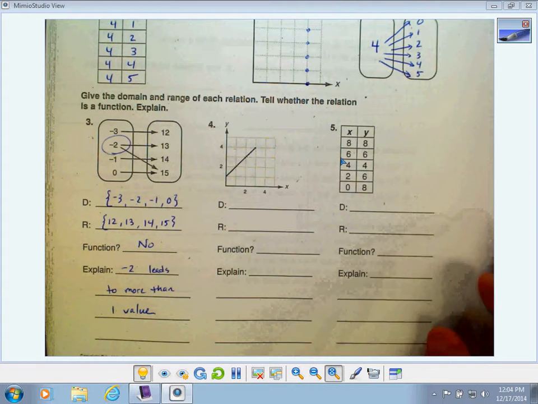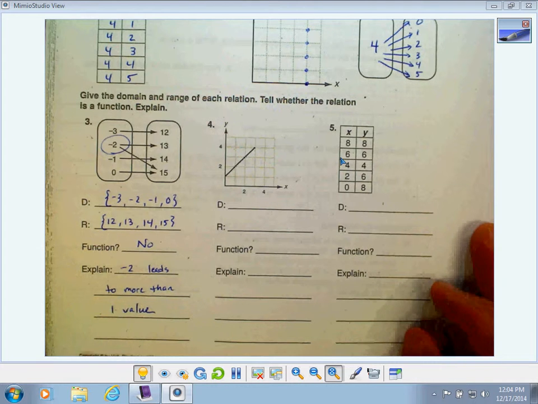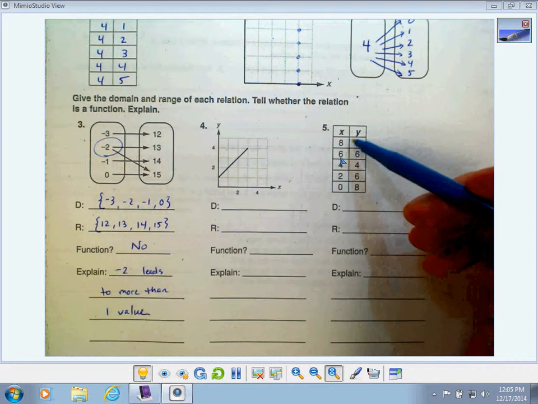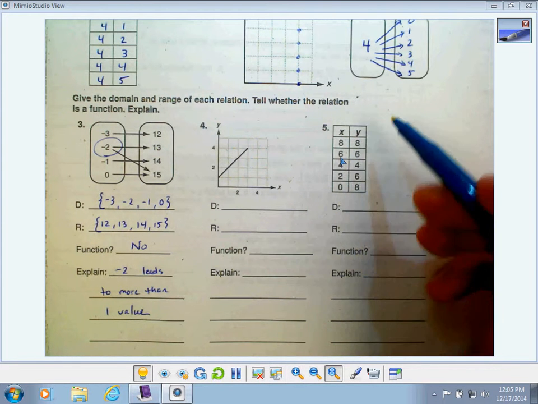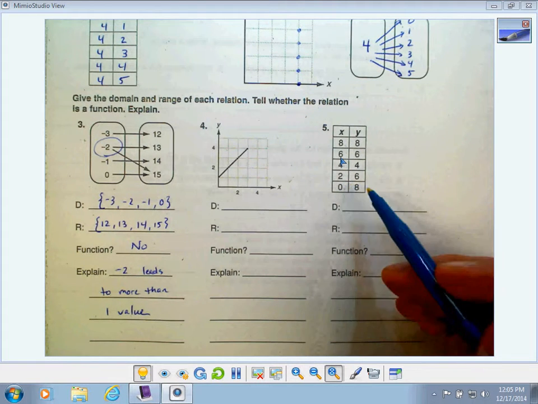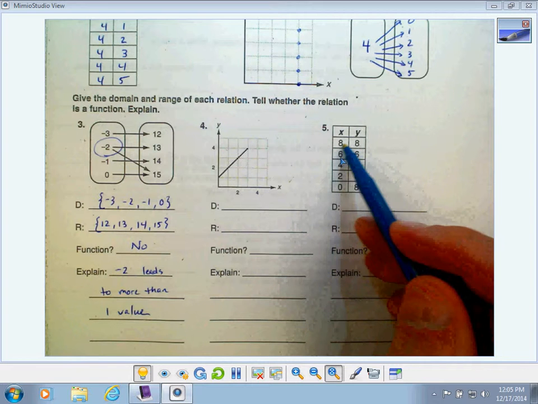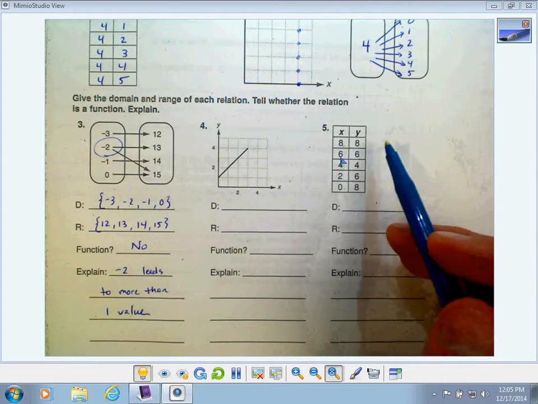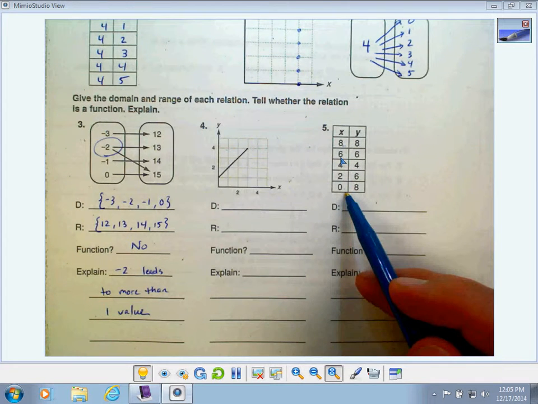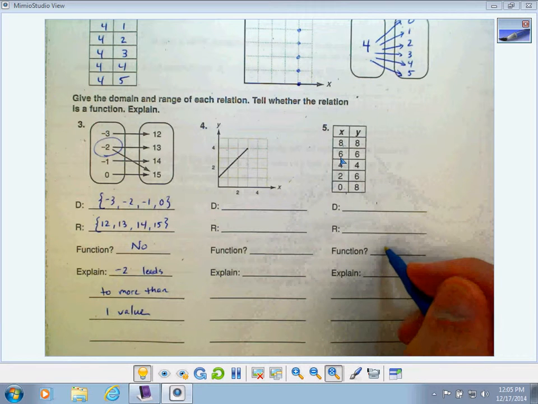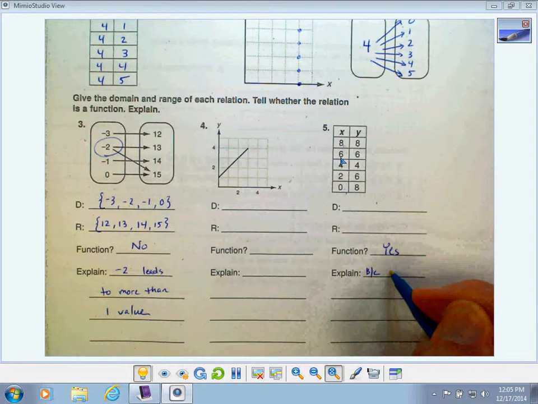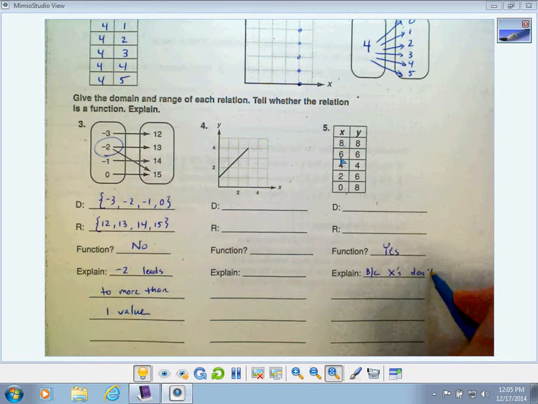I'm going to skip over to number 5 for a minute because I think it's in some ways very similar to number 3. The question again is, is this a function? Well, a shortcut way to tell this one, we talked about it, is: do any of the x values repeat themselves in this table? What that means is, if you look at it, 8 goes to 8 as a y value, and that's it. 8 doesn't go to any other possible y values, and the same can be said for each one of these numbers. So in this case, this is a function, yes,